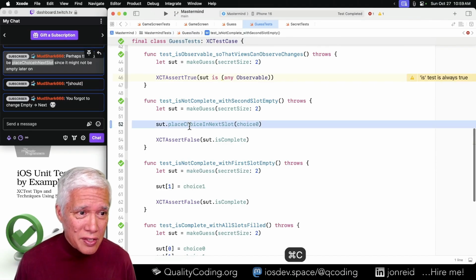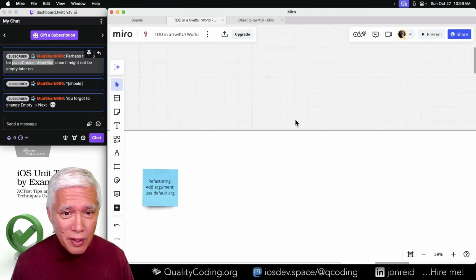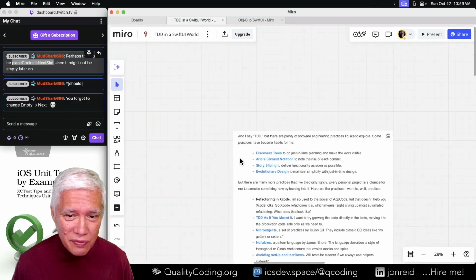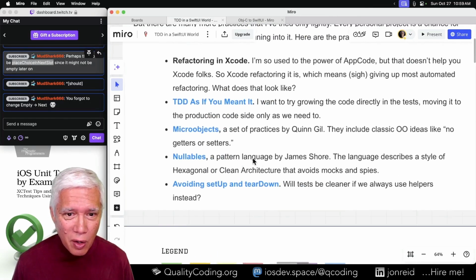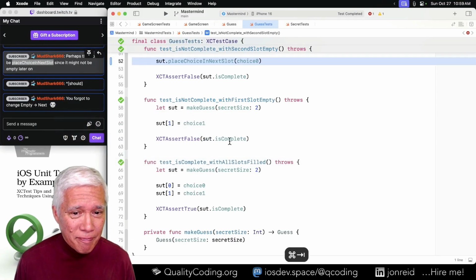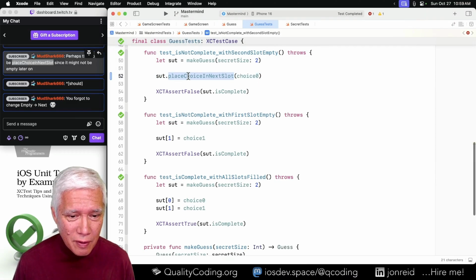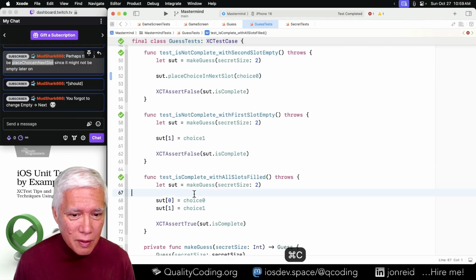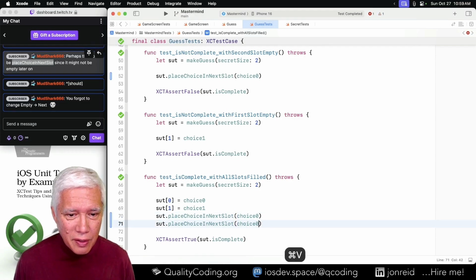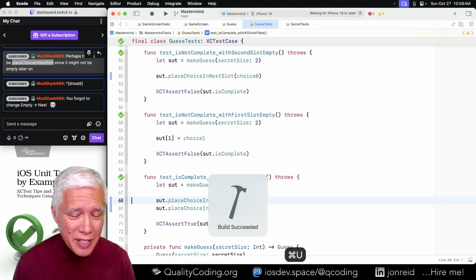The nice thing is that I like the way this is coming full circle, that my note to myself about getting away from setters is leading us in the right direction. It's creating objects that are not anemic.